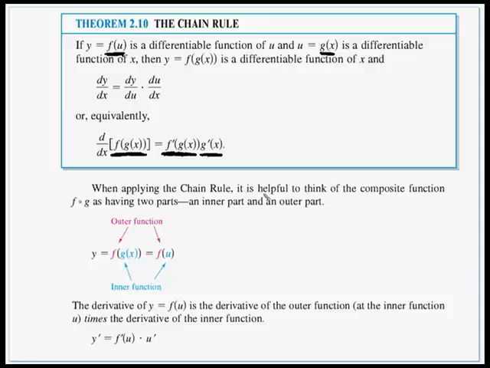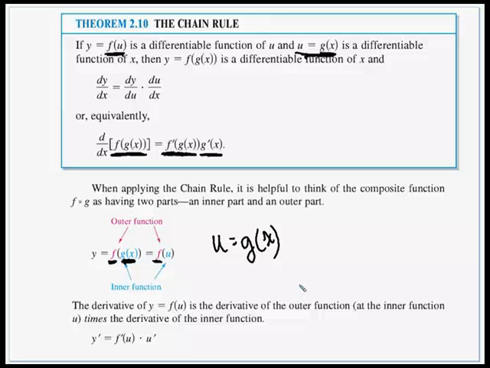So when applying the chain rule, it's helpful to think of the composite function f compose g as having two parts, the inner part and the outer part. Here is our outer function, f of something. And when we replace our inner function with a u, we're going to have f of something. That is our outer function. The inner function is g of x. Or up in the theorem box here, we said u was the same as g of x. So we could replace that g of x with a u. f of g of x is the same as f of u when we let u equal g of x,